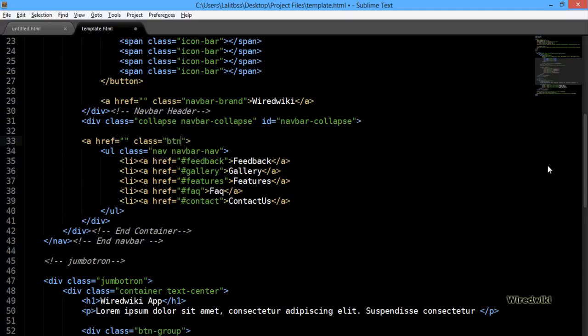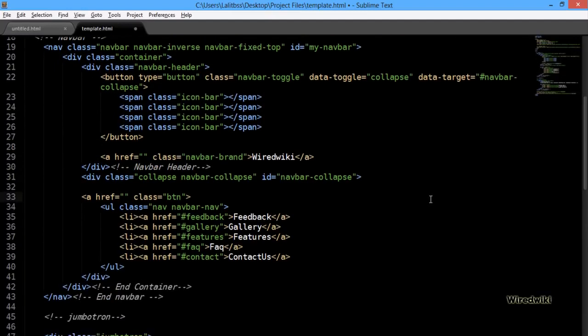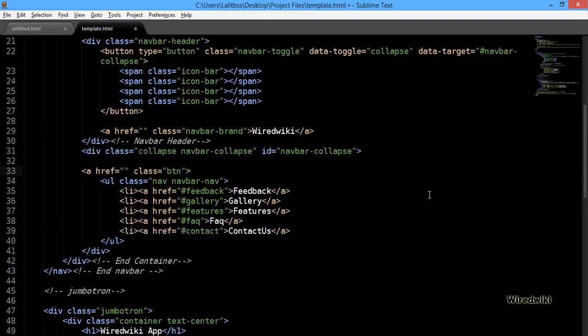You must be saying that if I want to create a button, why am I using a reference tag? Because you can also create a button using a button tag, as I have created right here. Well, you are right, we can create a button using a reference tag or a button tag. But if you have seen my previous tutorials on Bootstrap, I have shown you that you can create a button using a reference as well as a button tag. So I'm going to create a reference tag with a class of button, which allows you to create a button, and then we have btn, and let's make it